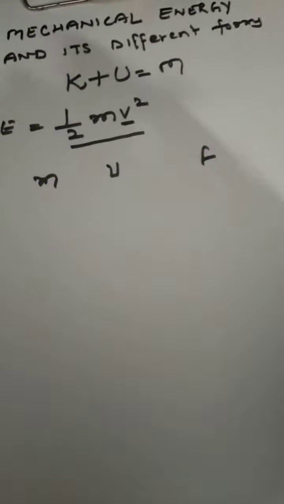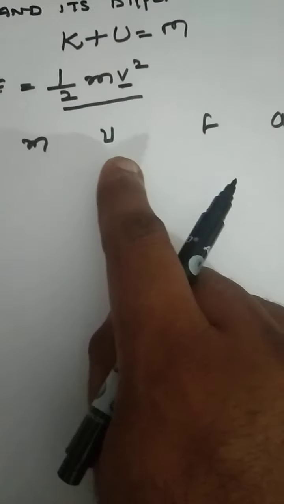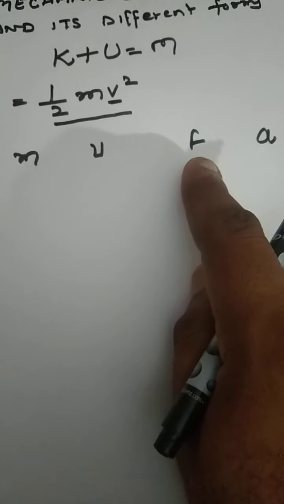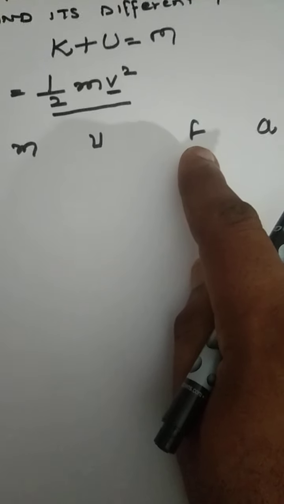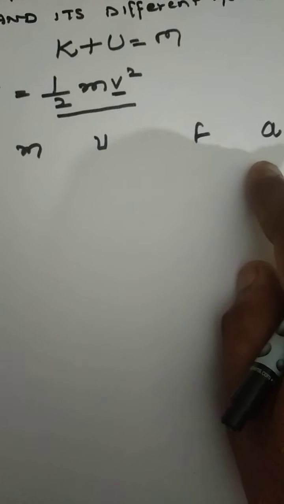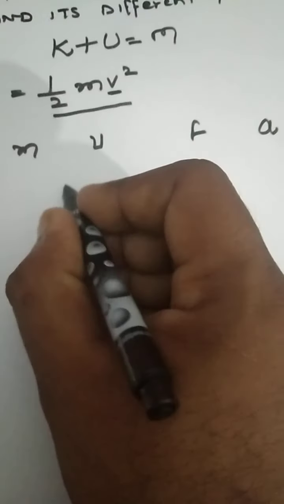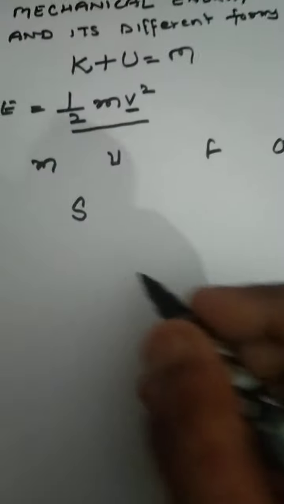The body's motion stops, and the retardation produced in the body is a. I just repeat: if you have a body of mass m and velocity v, and you want to stop that body, you apply a constant force F, then the retardation produced in the body is a, and the body travels a distance s after applying your force, that is, after distance s the body stops.